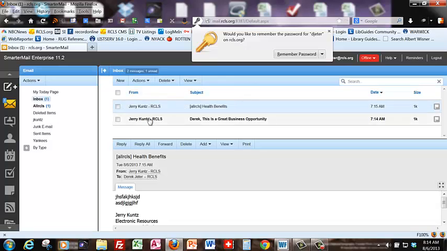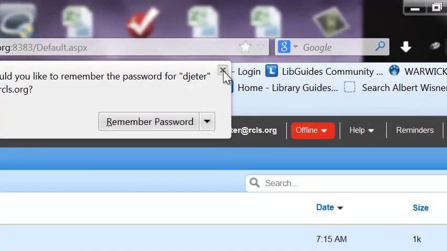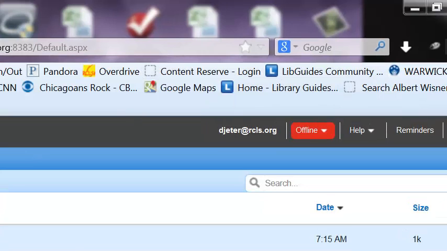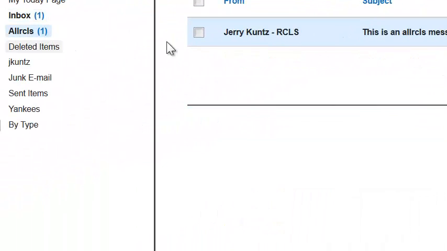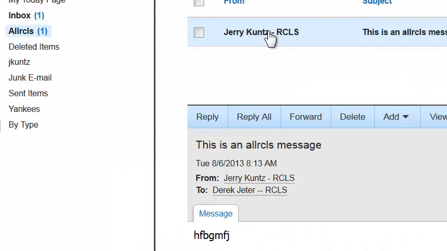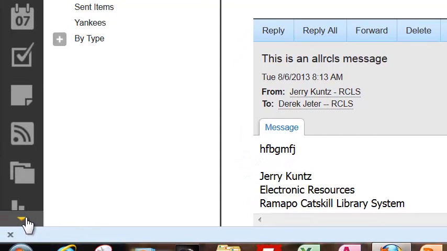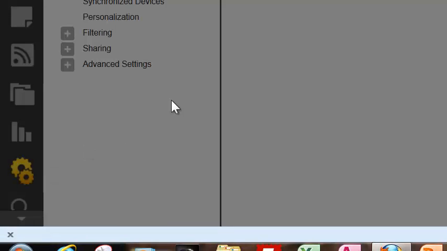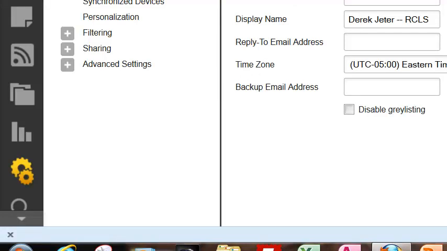Okay, here are the same two messages that we saw before, but now we see that the all RCLS folder is where it put that new message. So why did it follow the one content filtering rule instead of the other? Well, if we look at these rules,